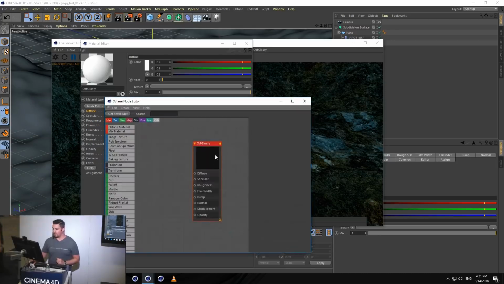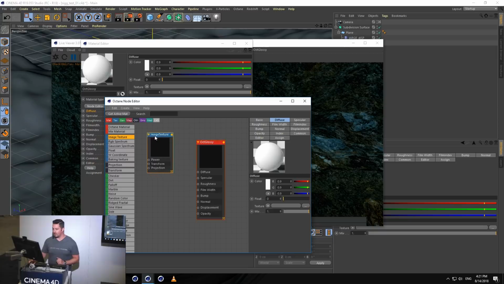And if you're more familiar with nodes, you also have the option to do it via node-based. So I usually gravitate more and more towards the node-based, which is fantastic that R20 now has the node-based material settings in there. If you haven't seen it, it was amazing. Chad actually did a little presentation on it this morning. And so I'm going to open up the node editor here, and I'm going to drag and drop an image